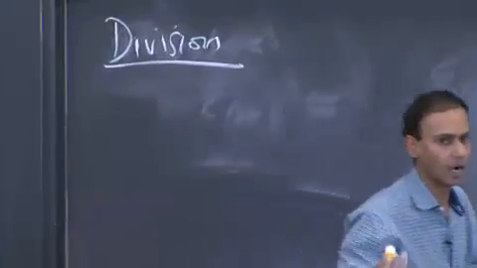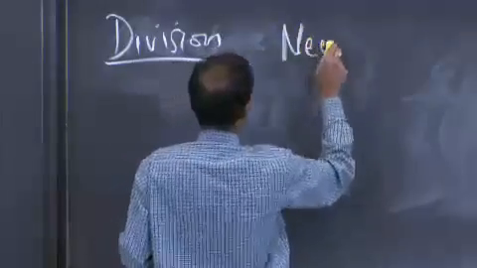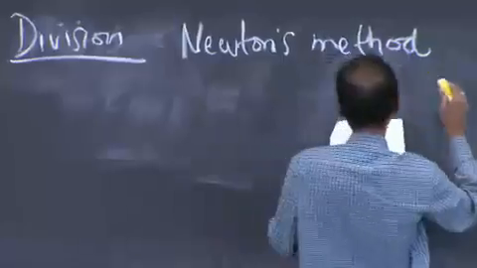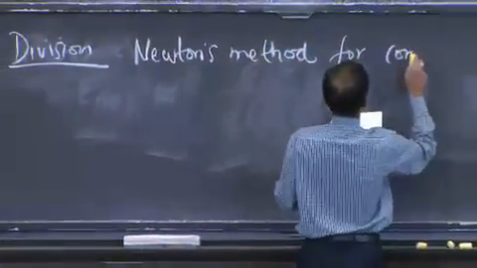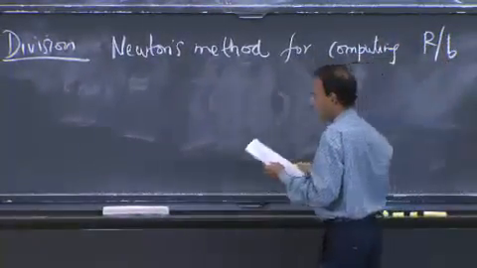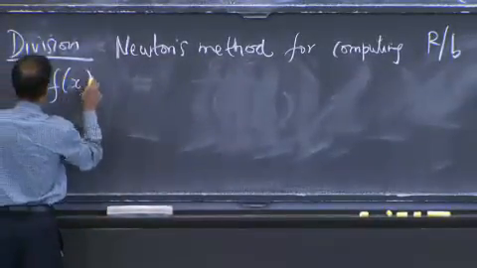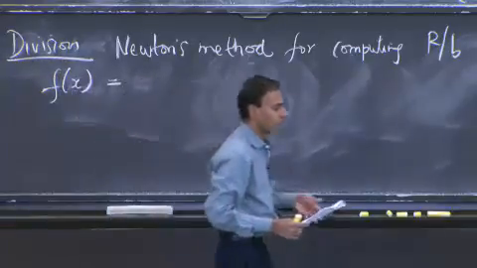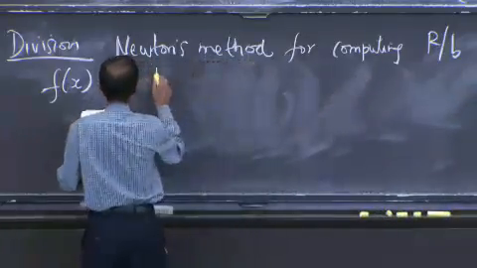And we want this to be a large number of digits of precision. So we're going to use Newton's method again. Okay? You got some nonlinearity here with respect to 1 over x. And we're going to use Newton's method again. And we'll have to hope that this works out, that Newton's method will converge, and it'll require operations that we know how to do. All right? And all of this is going to work out really well.